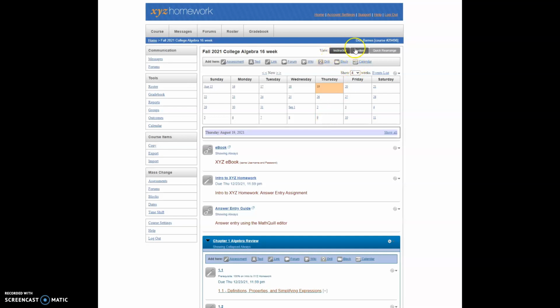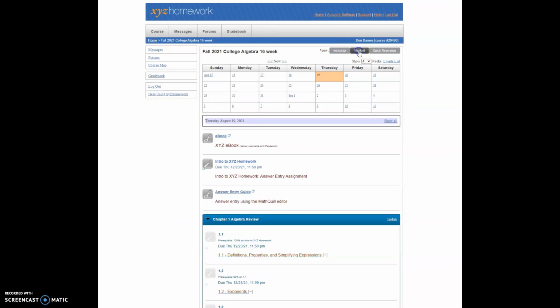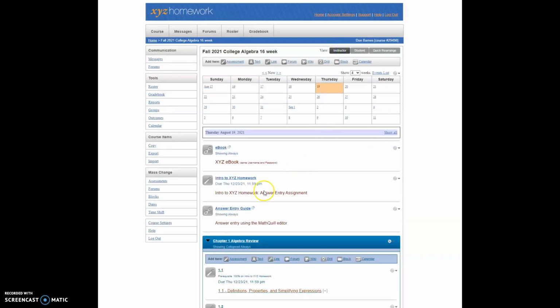Now I'm having to do this through the instructor view, but the student view is very similar as you can see. But as an instructor, I can't access the homework assignments. So just to let you know, this is my view, and what will happen is after you complete the Intro